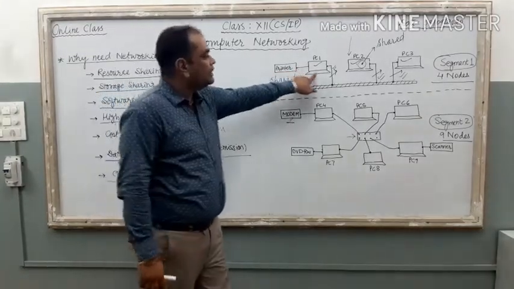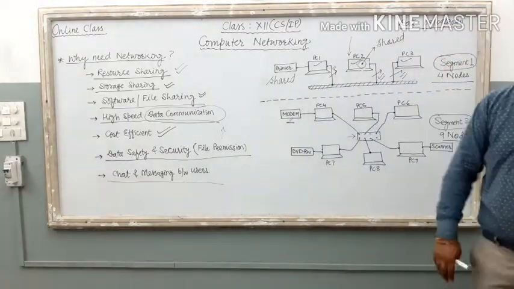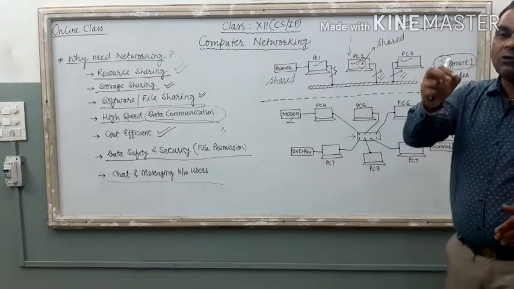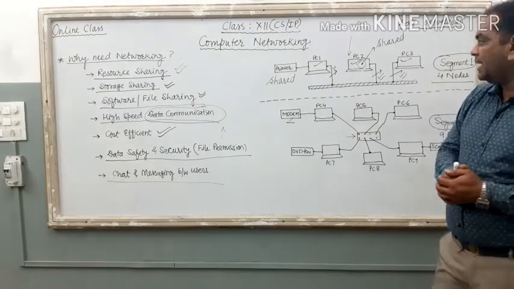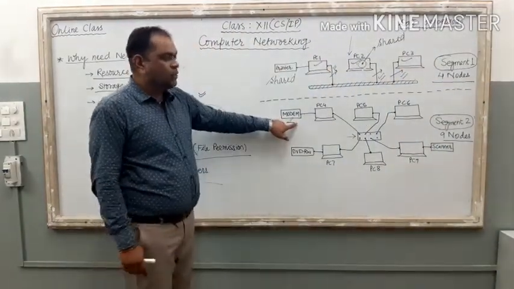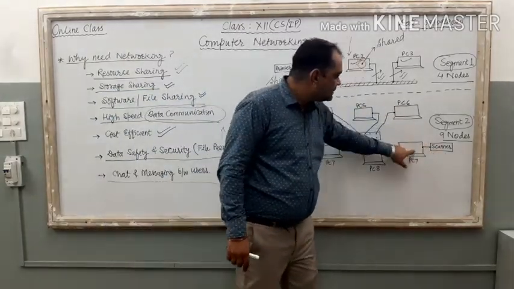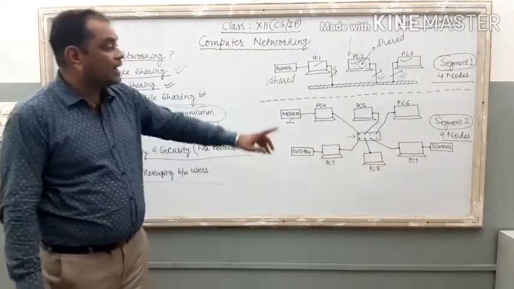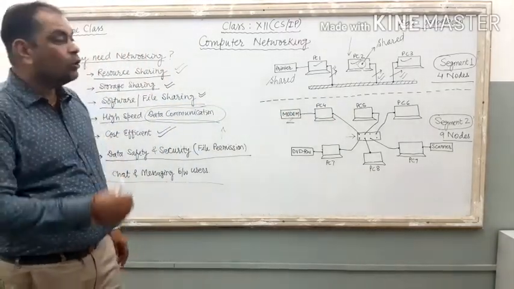First node printer, then second, third, fourth. In this network segment, meaning a part of the network, 4 nodes are there. Count each and every computing device of the network; it is known as a node. Right? Now come to the second diagram. First node is modem, then second, third, fourth. Fifth node is scanner, 6, 7, 8 and then 9. 9 different nodes are connected in segment 2. Right? It is known as a node.